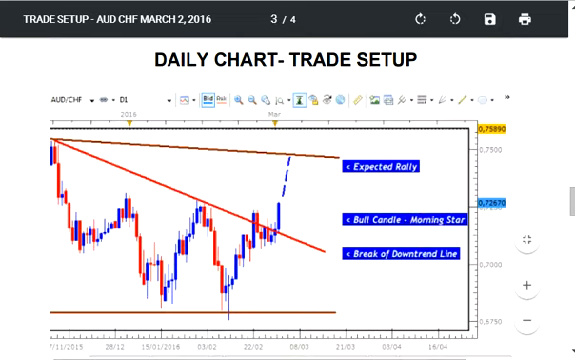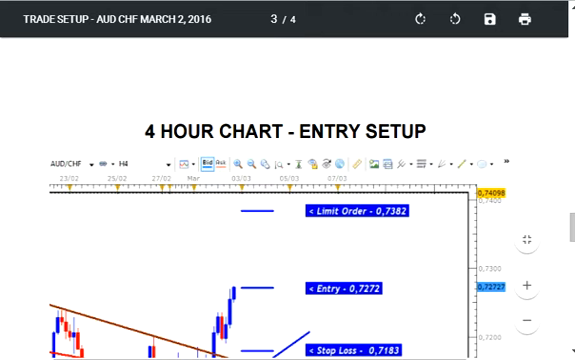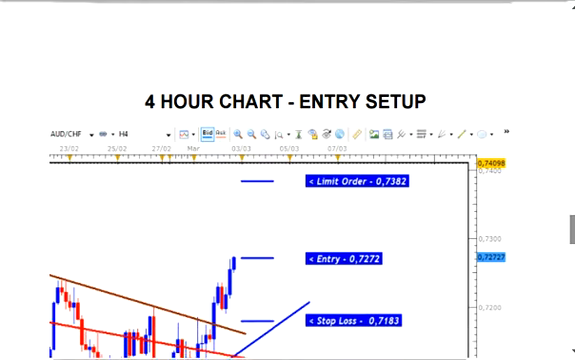Taking a closer look, you can see that the market provided a strong bullish candlestick formation known as a morning star to break the downtrend line and indicate that we're going to be continuing the movement towards the resistance boundary. So with this strong candle and expected rally, we decided to trade this setup using the 4-hour chart